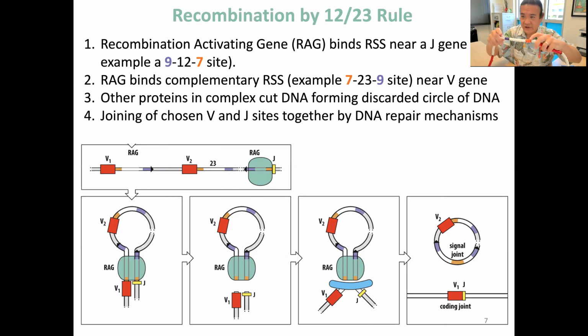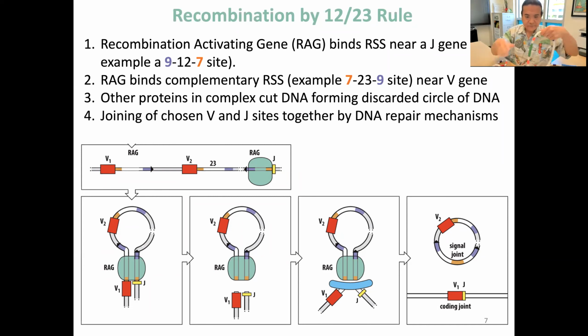I think the 7 is the heptamer, a short stretch of 7 DNA bases that is highly conserved, and you have a short stretch of 9 DNA bases in purple, the nonamers, right? And it's spaced apart by maybe 12 random DNA bases in between that don't matter what they are, right? Somewhere else down the line here,